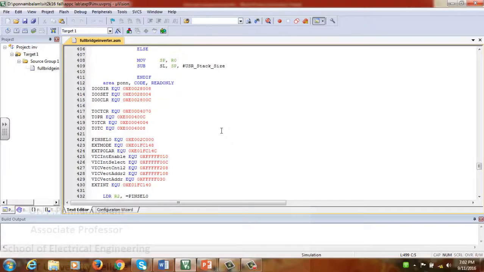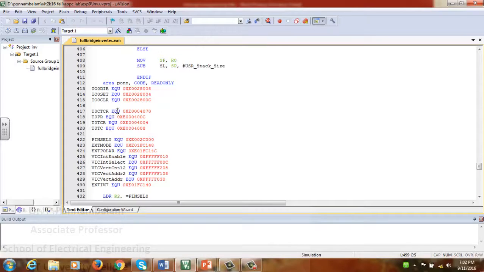Now coming to this program, here I am initializing IO0DIR first, and then IO0SET and IO0CLR, using the assembler directive EQU, so that inside the program, whenever I use the word IO0DIR, it will be replaced with the value 0xE0028008. IO0DIR is basically for representing the direction of the port, IO0SET is for setting it, and IO0CLR is for clearing the port pins.